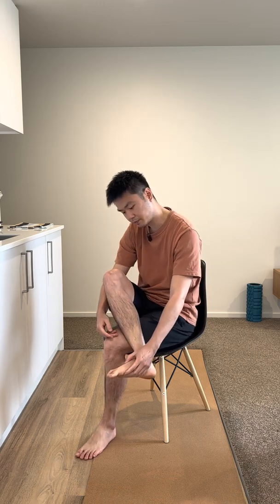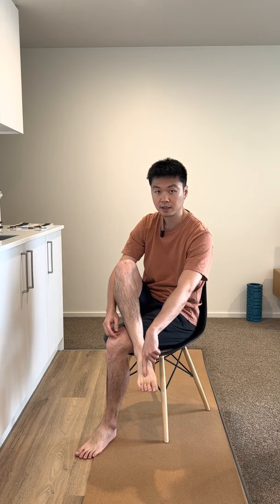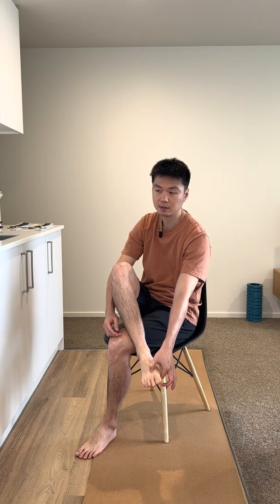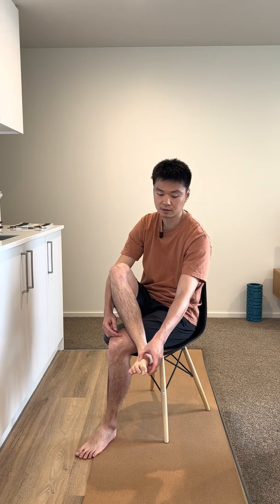For some people who have bunion, if you press in between the first and second metatarsal space, some people might find it quite tender if you just press into this web space here. And then if you can just mobilize it by pressing in and then going up and down. Be careful, there's some nerve, you might get some tingling sensation. Just ease off the pressure a little bit,